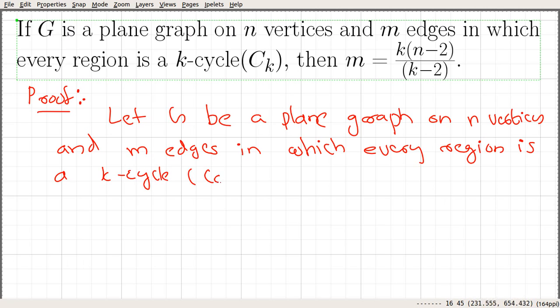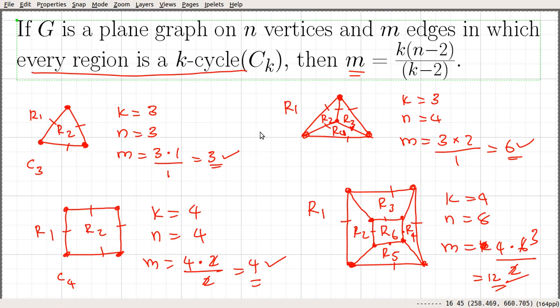Okay, that is, every region is surrounded by a k-cycle kind of thing. Okay, so if you look at these examples, we can see that every edge lies